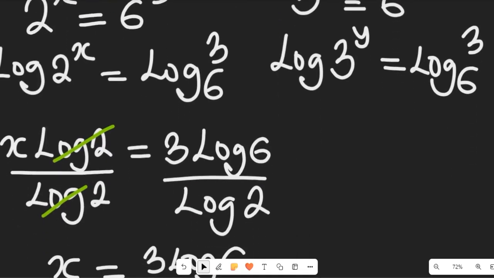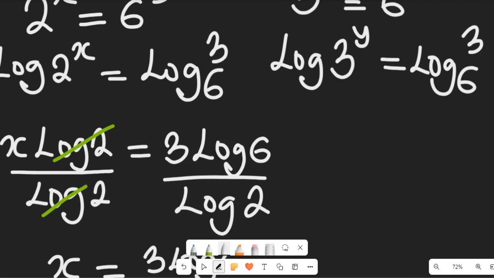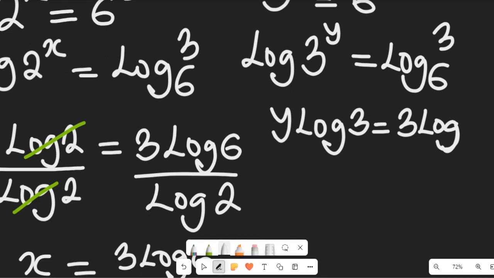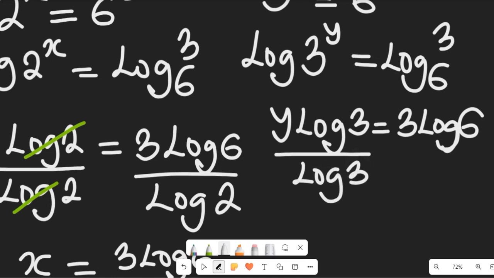So that equation will now give us y log of 3 equal to 3 log of 6, right? Great. So if we divide both sides by log of 3,